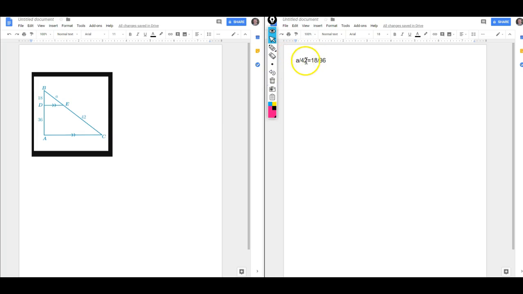So then when we are going to solve, we want to find out what the value of A is. So A is being divided by 42, so we're going to multiply both sides by 42. It would actually look like this: 42 times A divided by 42. So 42 divided by 42 reduces down to 1. We're left with A, and that's going to equal